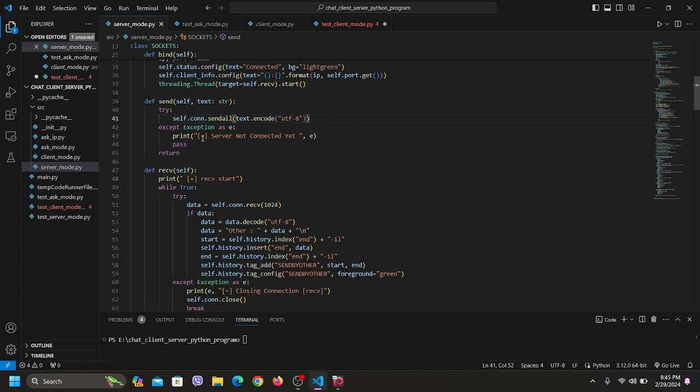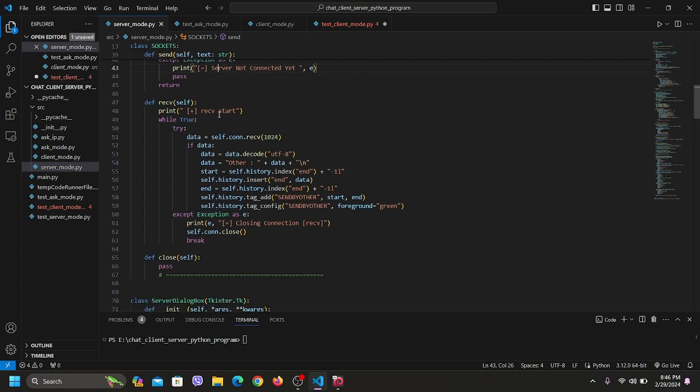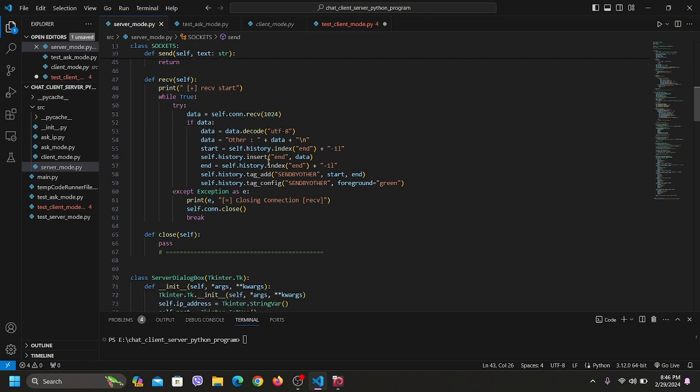If the connection is not done yet and a person is trying to send data to the client side, they will be prompted with a "server not connected yet" error. After that, the receive function will decode the data which is received in encoded form for secure chat,